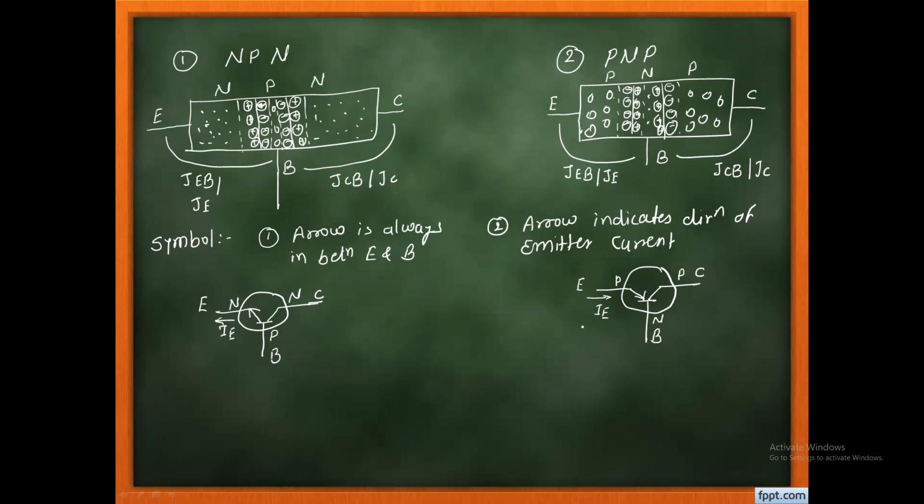And now please remember one thing: as the emitter current in the NPN type of a transistor is the outgoing current, the remaining two terminal currents are the incoming current. Means base current and the collector current are the incoming current. Why? Because here emitter current is the outgoing current. Now in a PNP type of transistor, emitter current is the incoming current. So definitely the remaining two terminal currents are outgoing current. So the base current is outgoing. Similarly, collector current is also outgoing. Is it that clear?